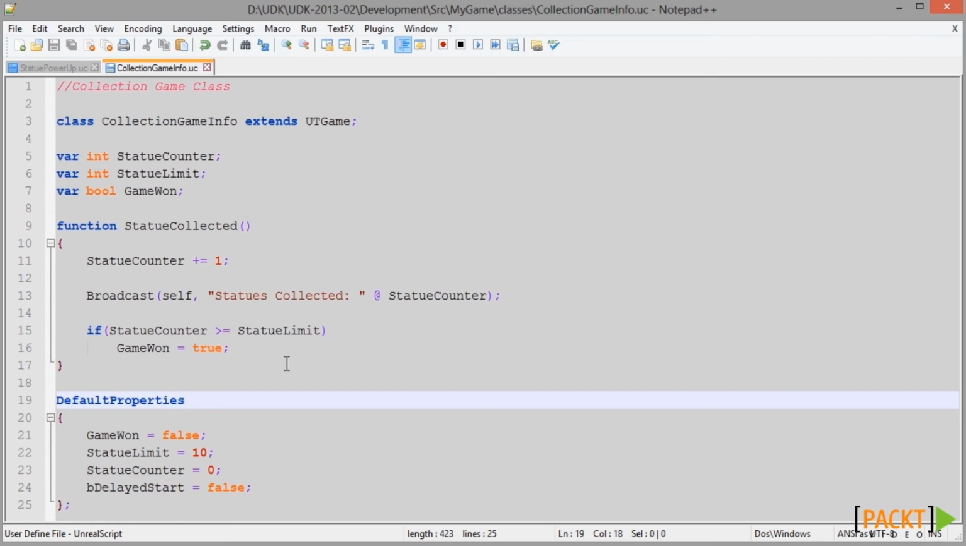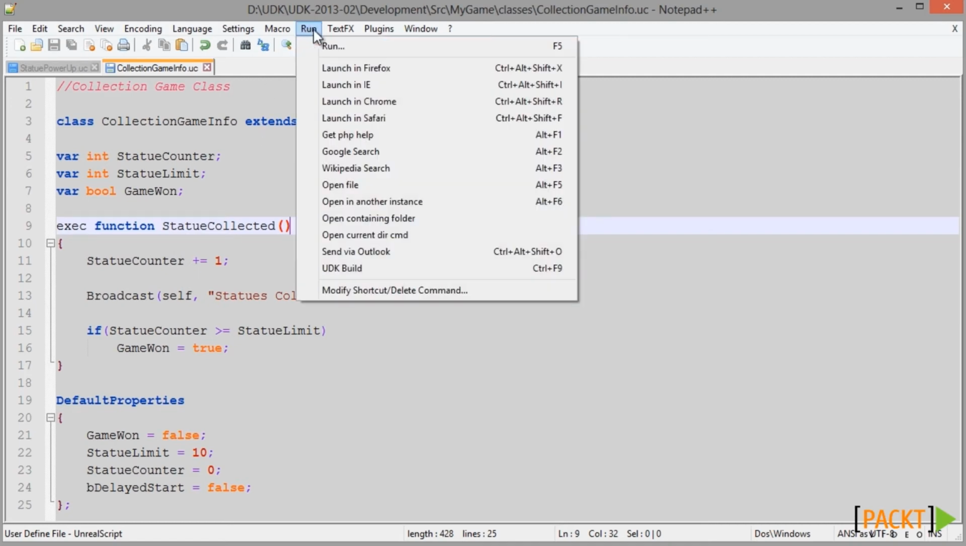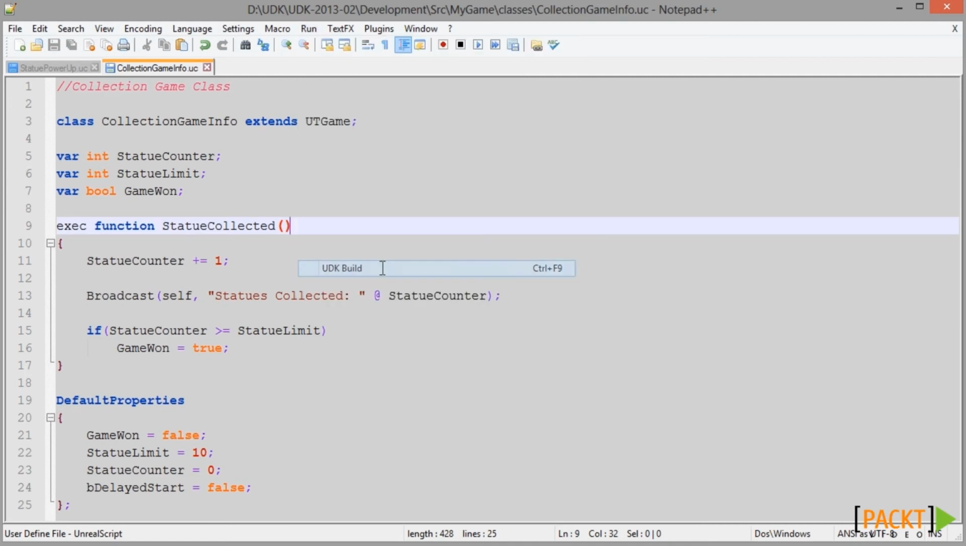So all we have to do is find the function that we want to run from the console, and in this case it is the statue collected function. And in front of that function, I can put the keyword exec for exec. I can press Ctrl S on the keyboard to save this, choose Run from the menu and choose UDK build,